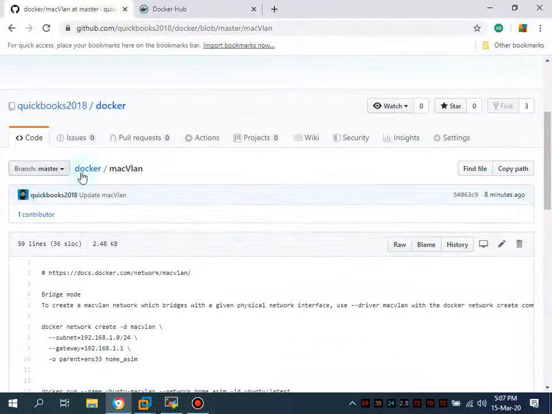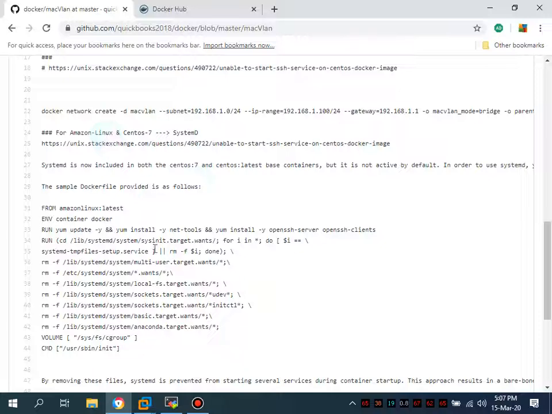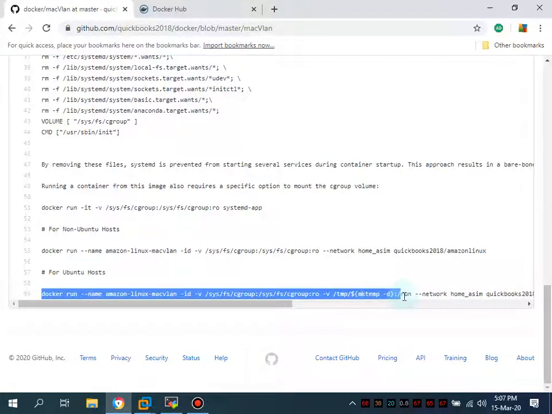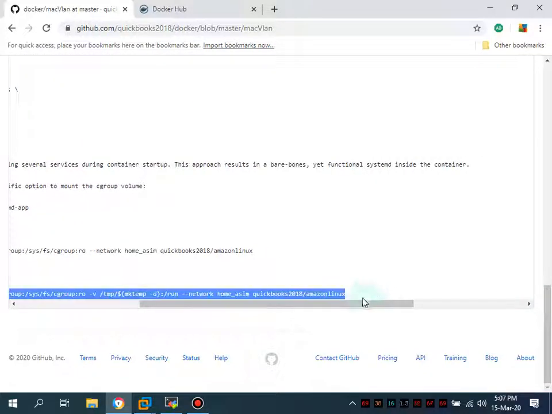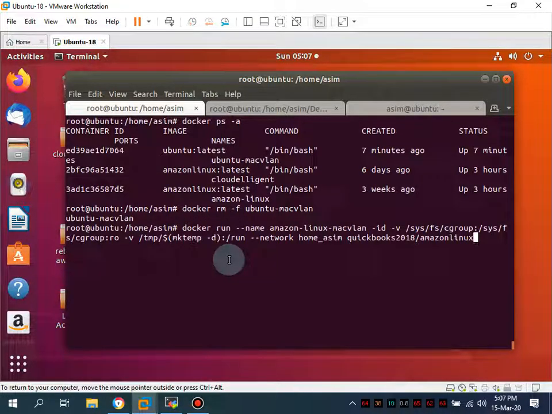So what I'm saying, for Amazon Linux, I liked it so much. So what you have to do, either create your own image following this documentation, and for Ubuntu host, you have to follow these. For non-Ubuntu hosts, this is the scenario. For Ubuntu host, you have to follow these commands. So what I'm gonna do, docker run, okay, Amazon Linux Macmillan. So, okay, let's see, and docker ps -a,